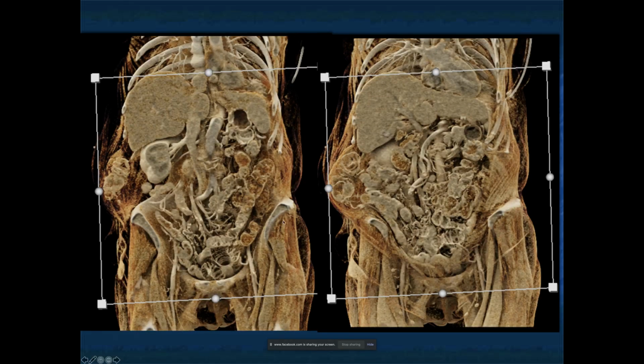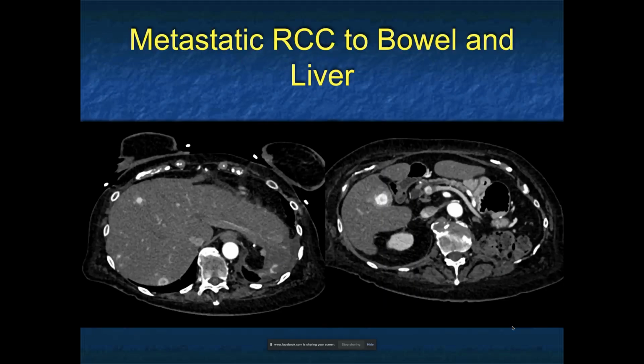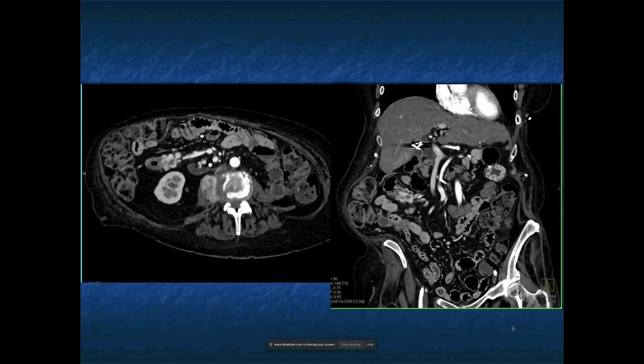Here's some of the coronal views with cinematic rendering, nicely showing you the tumor, nicely showing you the whole abdomen, and the answer here is metastatic renal cell carcinoma to bowel and to liver. So a really nice example. So if you do see vascular lesions in the small bowel, think about METs, think about neuroendocrine tumor, think about GIST tumors, liver lesions like that. You can go through a range of differentials as well, but always look for the kidneys. The same thing is true when we see METs to the pancreas or masses in the pancreas. Look for that. So that works out very nicely.